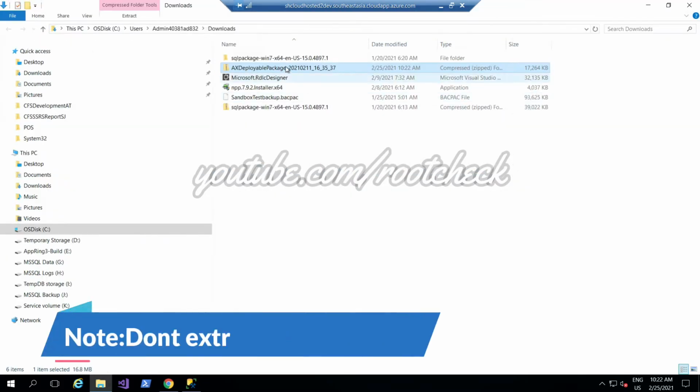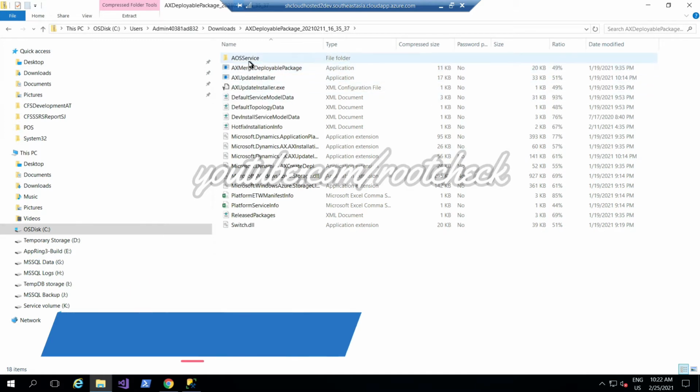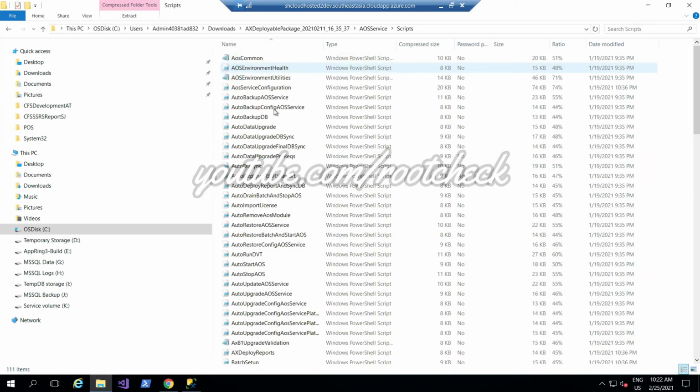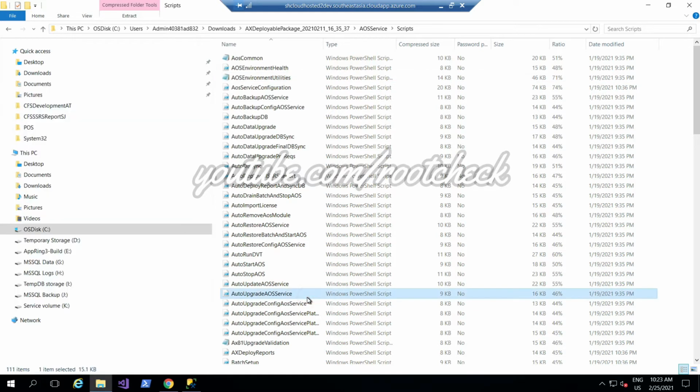Open that package in AOS service and go to the scripts part. In this location you need to create or paste one file named module to remove. One more thing to remember: you don't have to extract these package files.